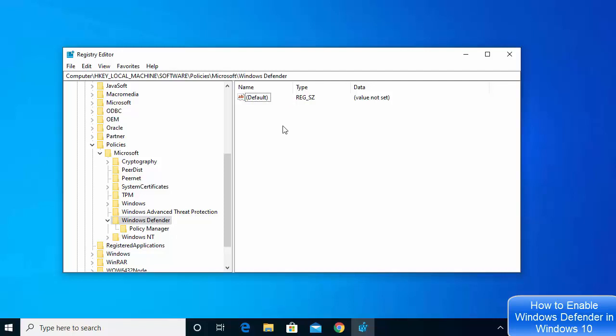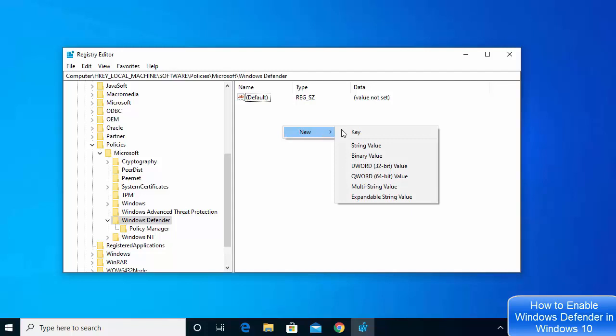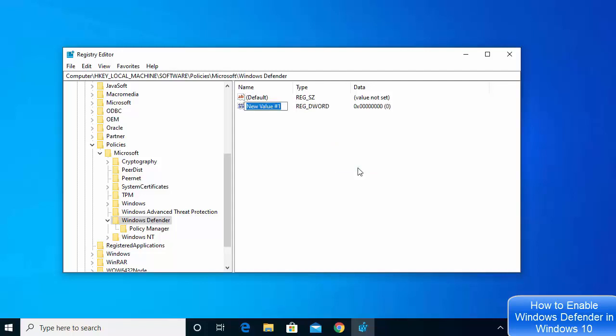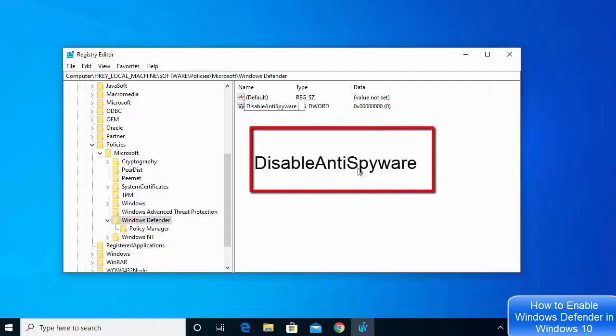So I'm going to just right click here, which will show you this option, new, and then I'm going to choose this option which says DWORD 32-bit value. Make sure you select this option which says DWORD 32-bit value, and then name your file as DisableAntiSpyware. So just make sure that the spelling of this DisableAntiSpyware is exactly the same as I have written here